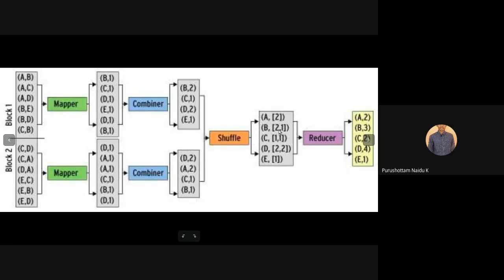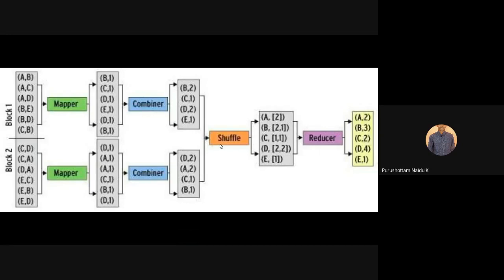If you're not using the combiner, B, comma, 1, comma, 1, comma, 1. Likewise C, comma, 1, comma, 1. That means 2 plus 3, 5, plus 2, 7, plus 4, 11, plus 1, 12. That means 12 times the data is transferred from mapper to which one? Reducer.